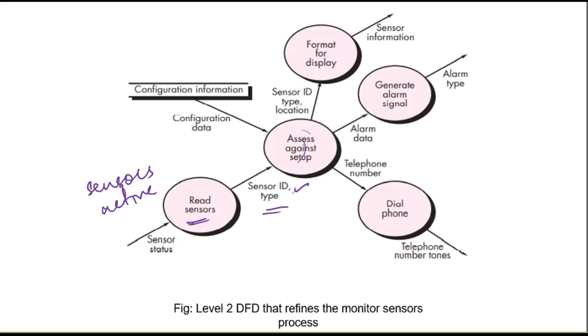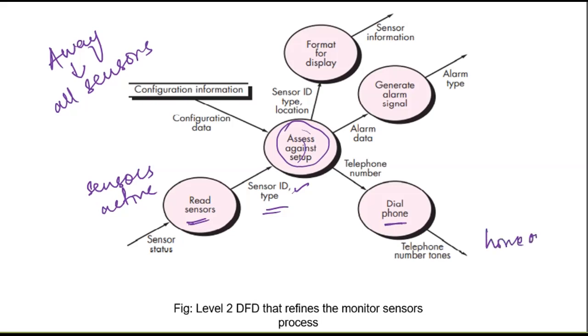Now if suppose there is any access against setup, means if suppose you have selected the away function. Within this away function, all sensors will be activated. All sensors activated means no person is in the house. If any person tries to intrude within the house, that is called your access against setup. That is, no one is in the house, but someone is trying to enter without entering a valid password. For that, a phone number can be dialed. This phone number can be for the homeowner, the fire department, or the police department. It is going to dial the number.